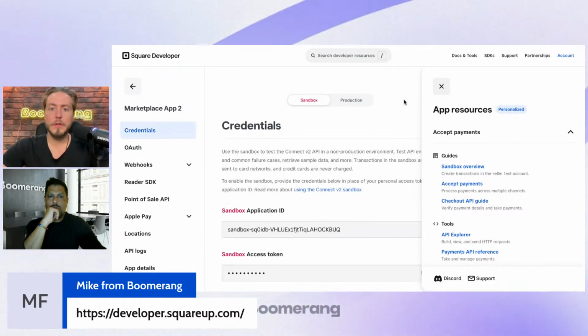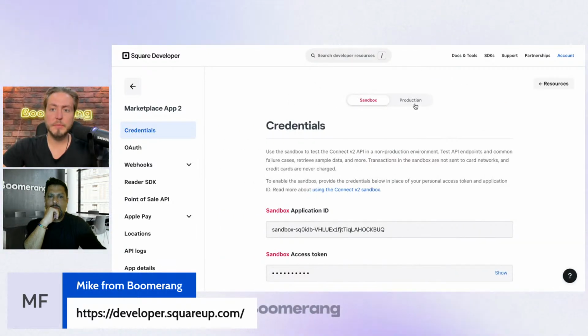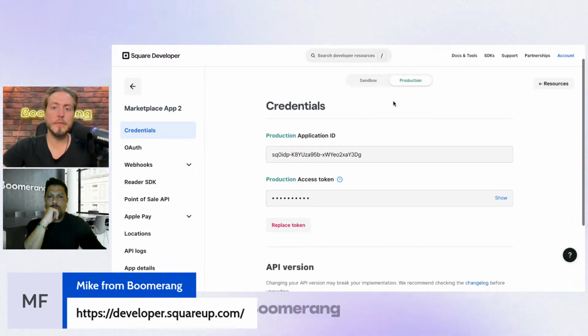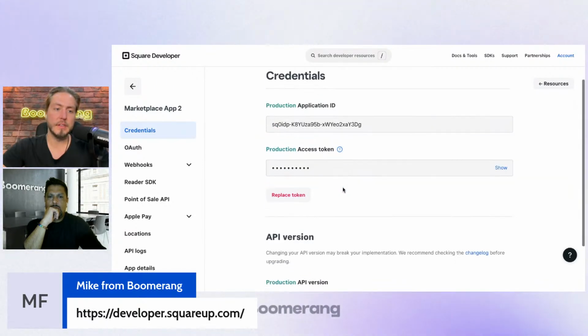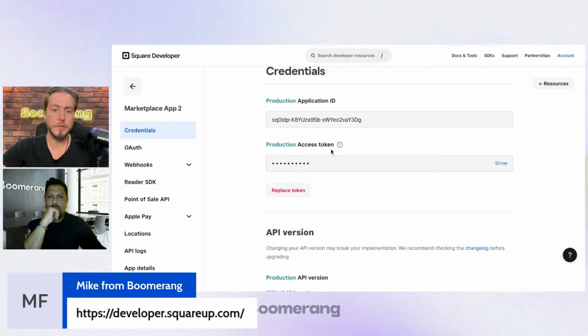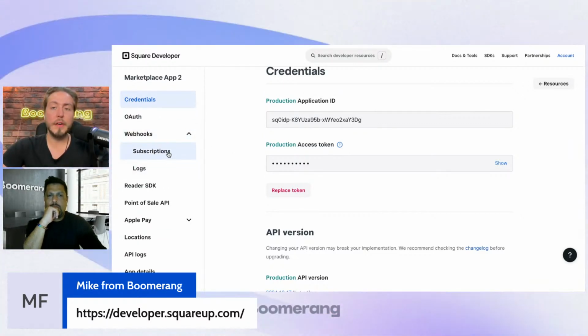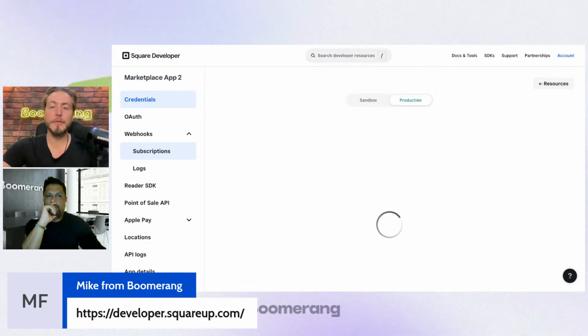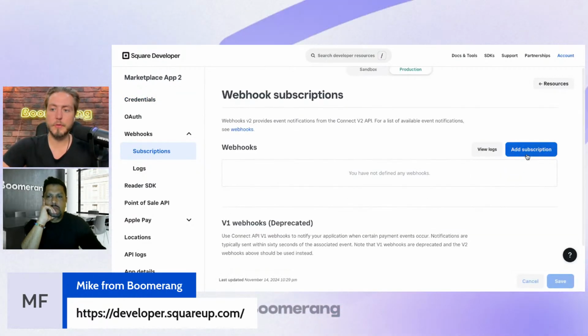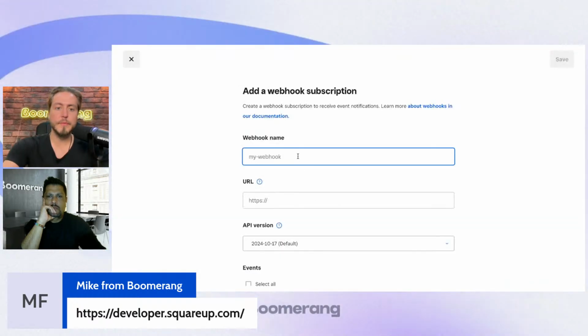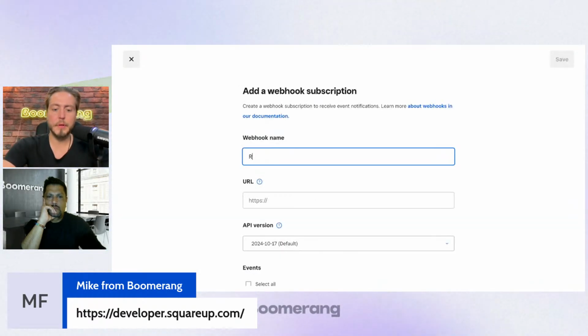And when you create your integration, your application, I'm sorry, you will automatically receive your credentials, production application ID and production access token. You need to use this information to fill out on the Boomerangme site. Next, as a next step, you create the webhook to send data from the point of sale system to the loyalty platform. Create a new subscription. You could name it like you want, for example, rewards